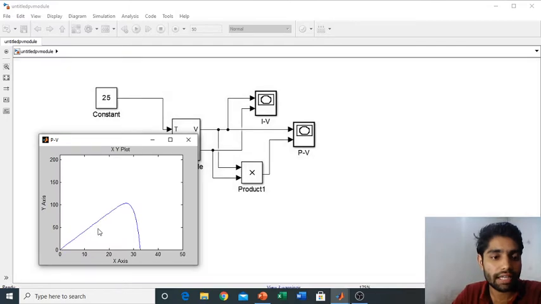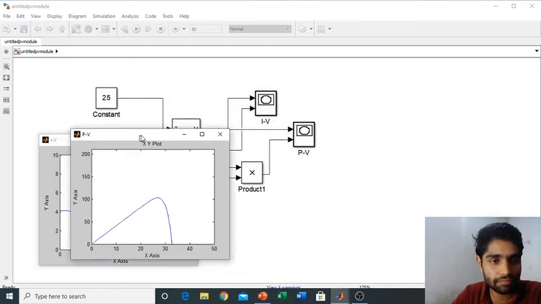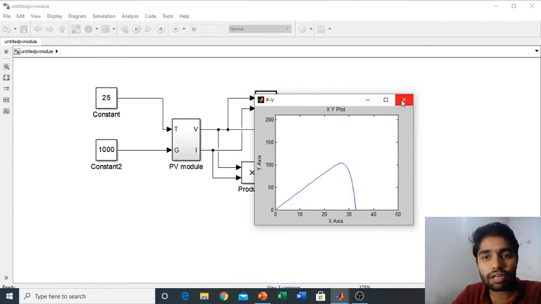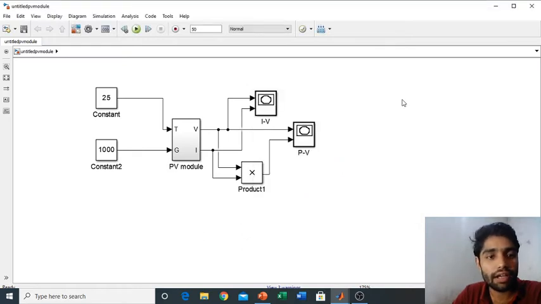You are seeing the IV characteristics and PV characteristics, and if we change these values, then obviously the characteristics will be affected. But today we will not be discussing this. I already made a video on these characteristics, where we deeply studied these characteristics by changing the parameters, that is the solar irradiation and temperature. Now we are interested in the domain of modeling.